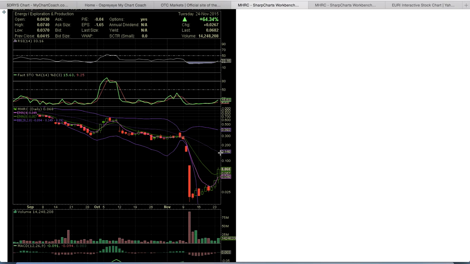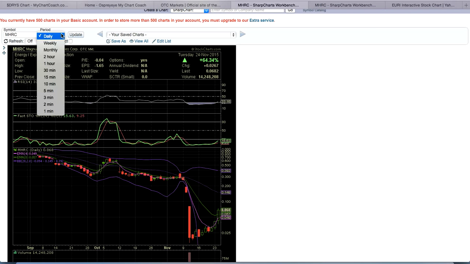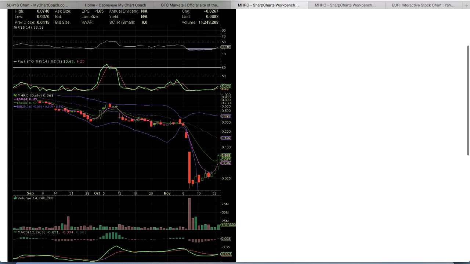So yeah, this is set up, this is how you would break it down and be like, this is a good play. But you want to check both of these, and then you would go over and check out the 15-minute chart. So you'd go over here. See, this is the period time frame, and then you'd want to go down and check 15-minute,